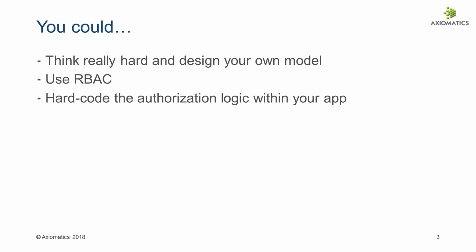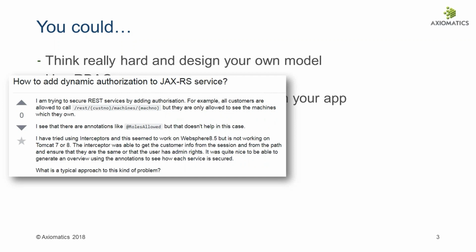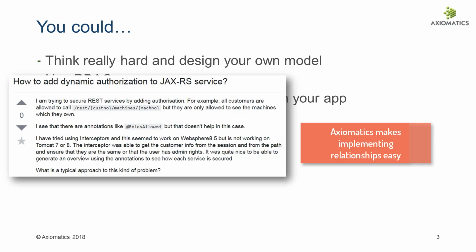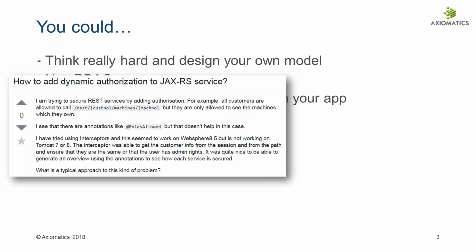Yeah, and speaking of role explosion, here are a couple of typical questions that I see on Stack Overflow. Here's a great example where the person is building a REST API to get access to a list of machines, and the user is trying to get access to only those machines that the user owns. That's a typical relationship that in ABAC, in the way Axiomatics works, can be handled easily, but in RBAC would lead to role explosion. It's one of the more common scenarios that we get into and talk about, right? The relational type of